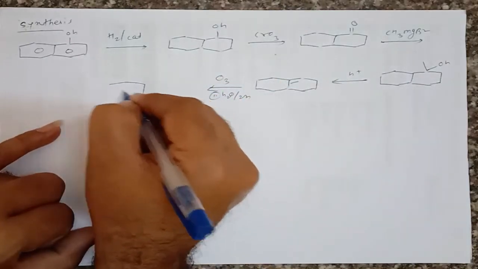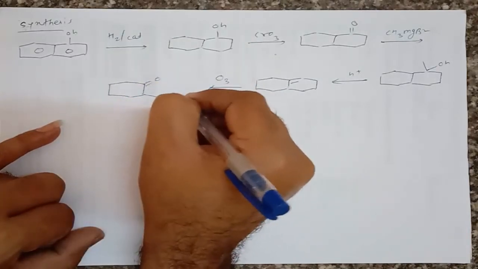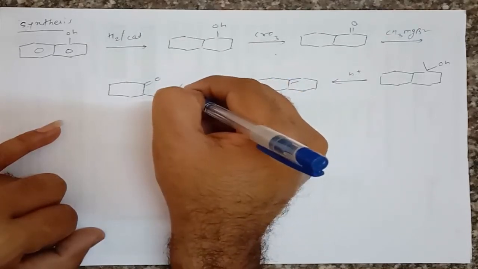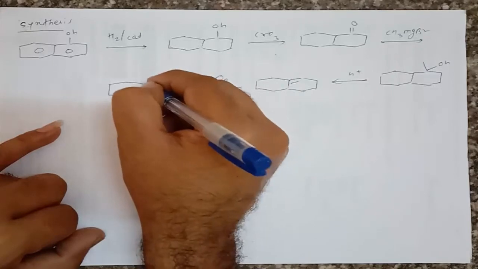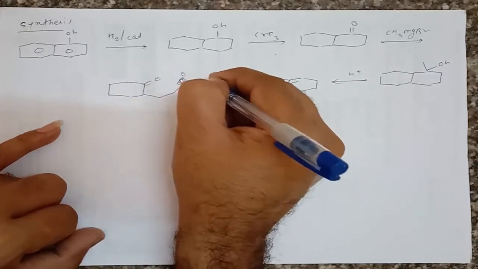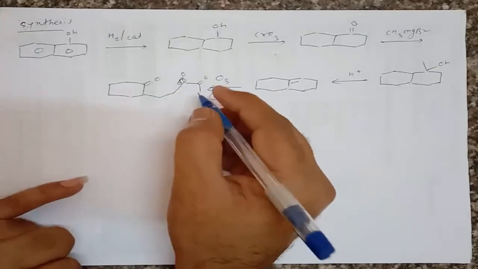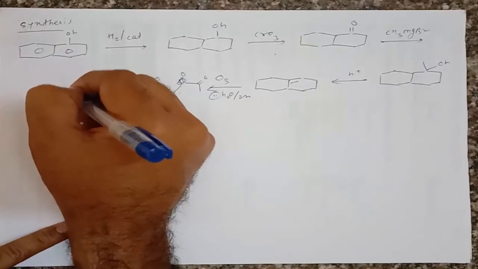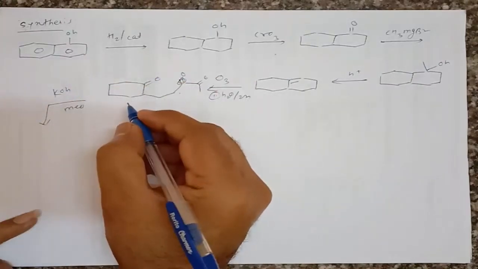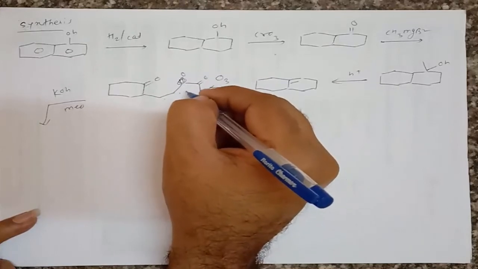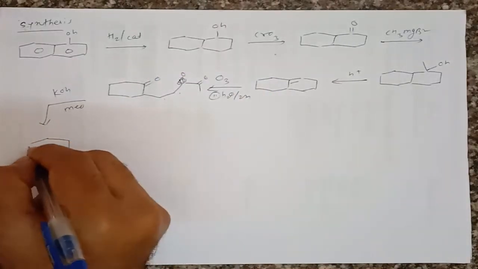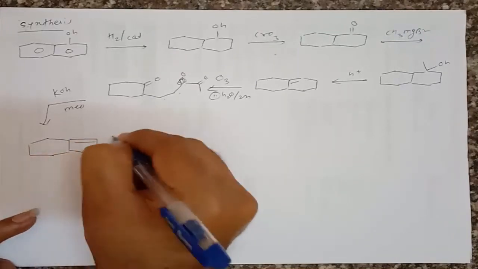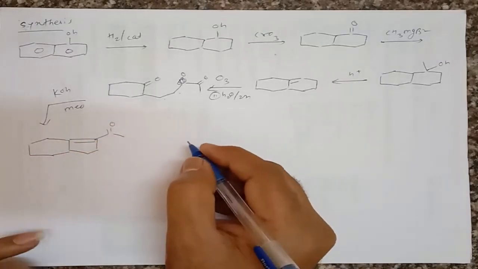So it gives the formation of a ketonic functional group, then it has CH2, CH2, then C double bond O, CH3, that is 1, 2, 3, 4, 5, CH3, right, in this way. And then in the second step we have to use a base, that is KOH, in presence of methanol. So what does it give? It will take the proton from this ketonic side and it gives the formation of a cyclic 5-member ring instead of going for the 7-member ring, and therefore it gives the formation of such a molecule.